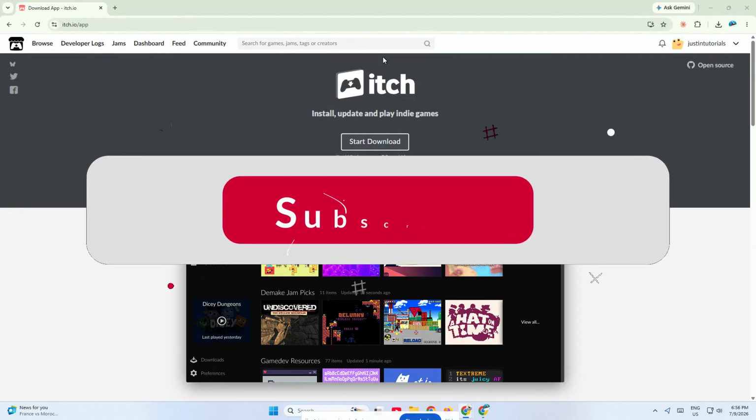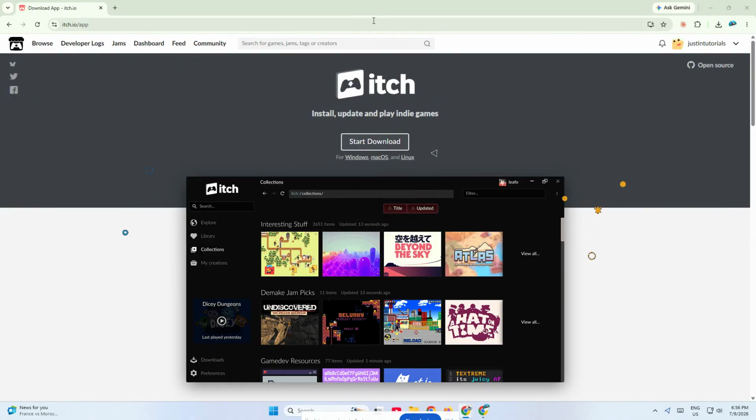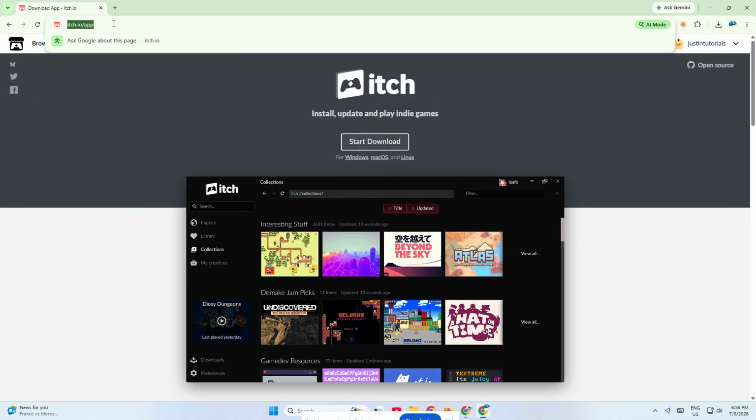First, open your browser and go to itch.io/app. This is the official page for downloading the itch.io desktop app, so make sure you're on the correct website before continuing. Once the page loads, look for the Start Download button and click it. Your browser will begin downloading the setup file to your computer. Depending on your internet speed, this may take a few seconds or a little longer, so just wait until the